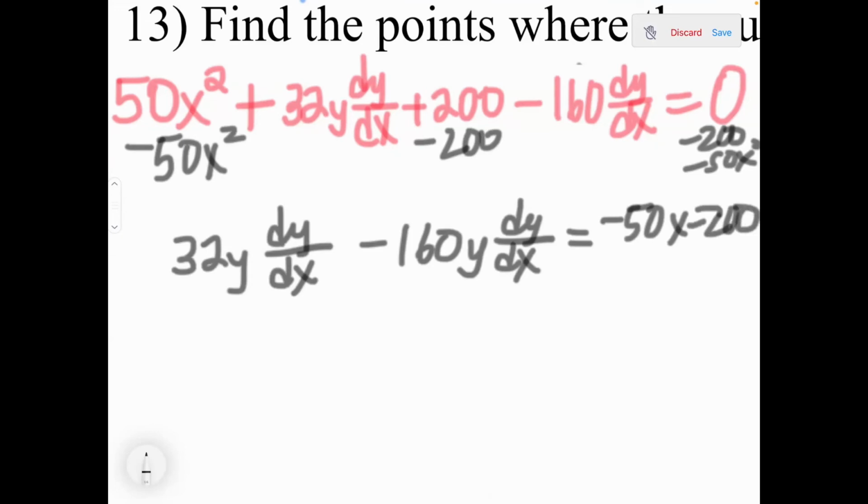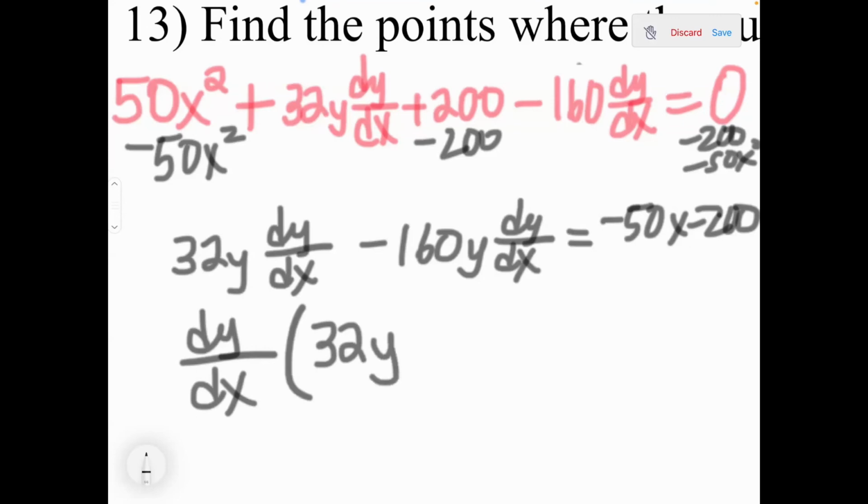On the left side, we can factor out a dy/dx. We can't combine those, so this is a nice little algebraic tool to help us take two things that can't be combined and turn it into one. So we get 32y minus 160, and that's equal to negative 50x